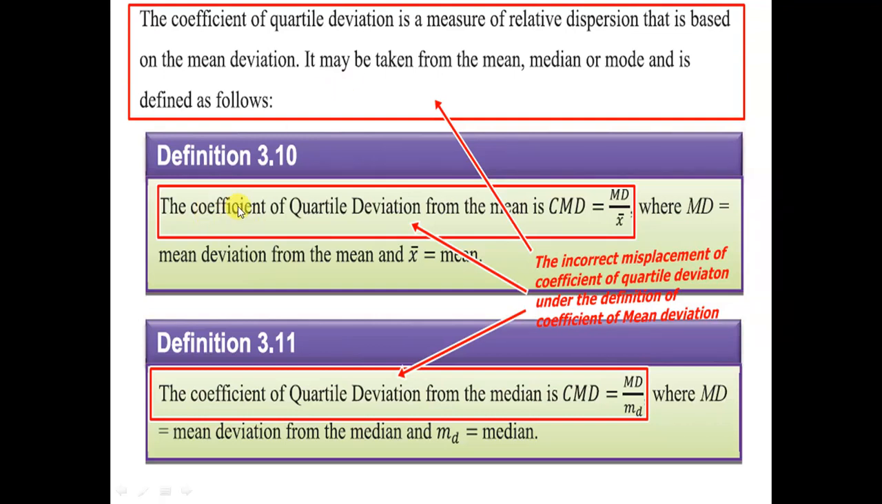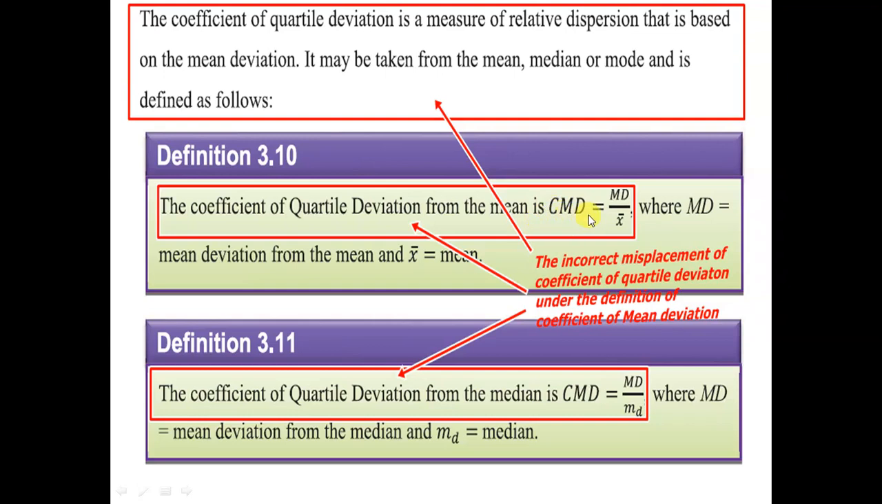As you can observe in this definition, this is a fault, an error. It says the coefficient of quartile deviation from the mean. There is no such thing. Therefore, this definition must be replaced by the coefficient of mean deviation from the mean, which is simply formulated